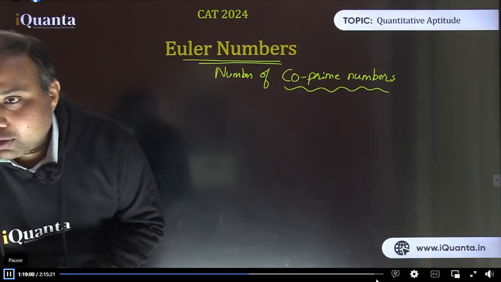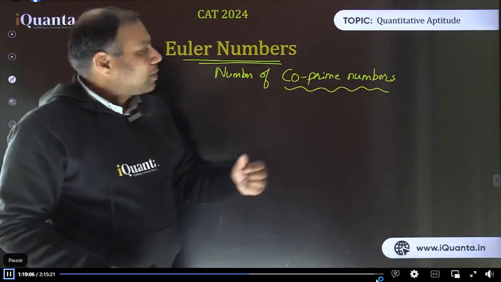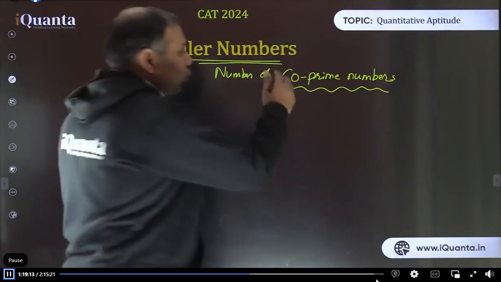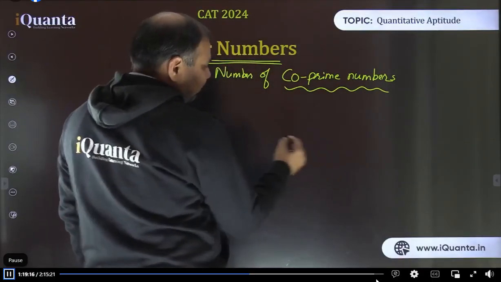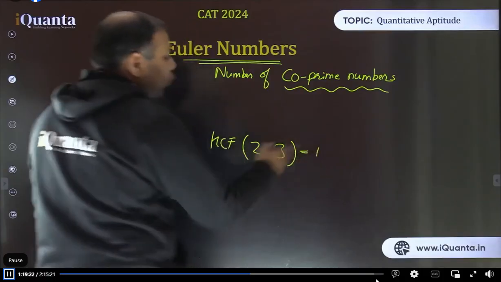There are some different questions going on side by side. Yes, HCF is one, right? We have discussed about this in one of the conceptual videos also. So co-prime numbers means the two numbers when they are not having anything in common or their highest common factor is 1, they are called co-prime numbers. So, for example, 2 and 3. What is their highest common factor? It is 1. So they are co-prime numbers, right?